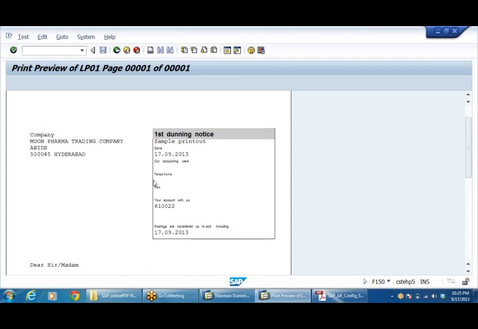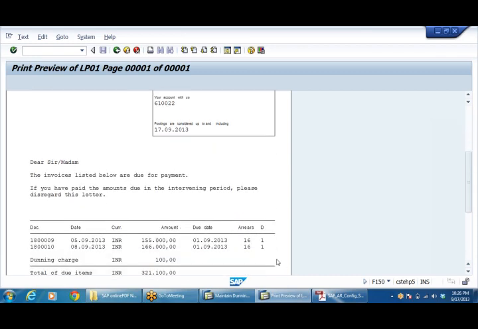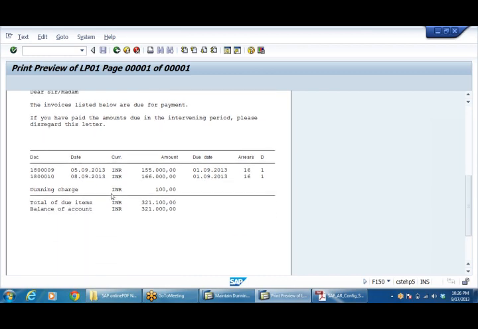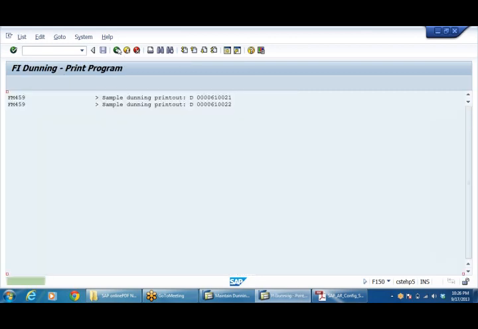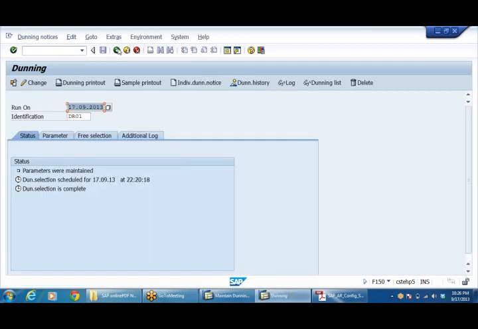See, second part. If you just press page down, it will take you to the second page. Moon Pharma, sample printer. Only 2 letters are there. Right, 16, 16, 1 and 1. Here also 100 rupees. Right, this letter will be sent to the party. Right, sample printing. Now what can I do?